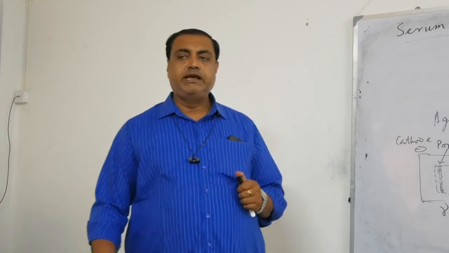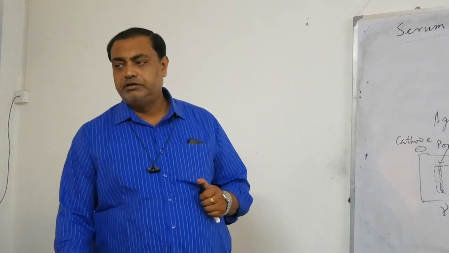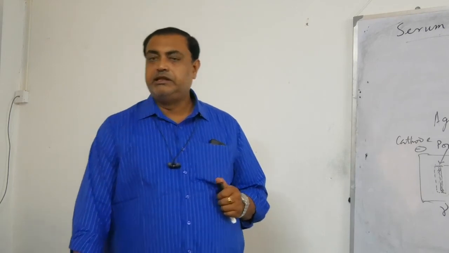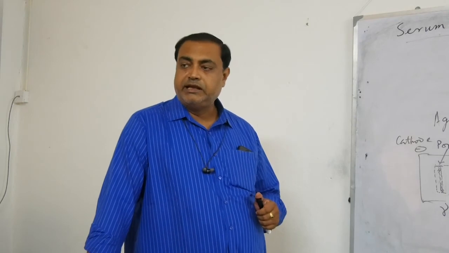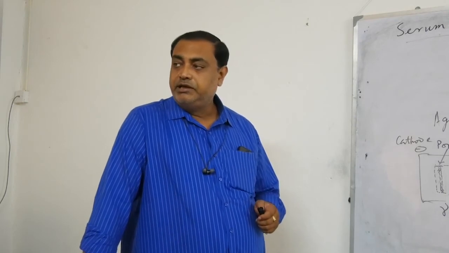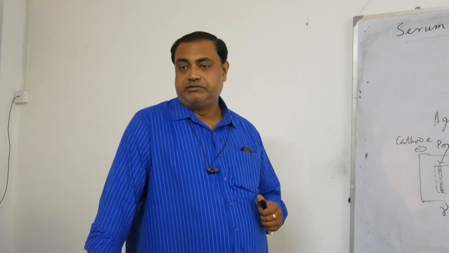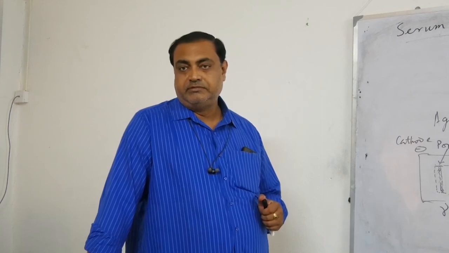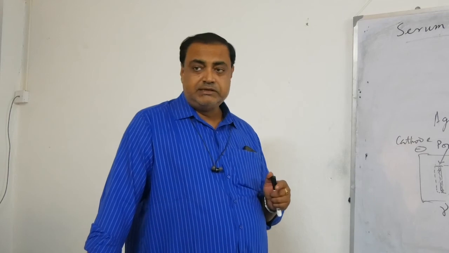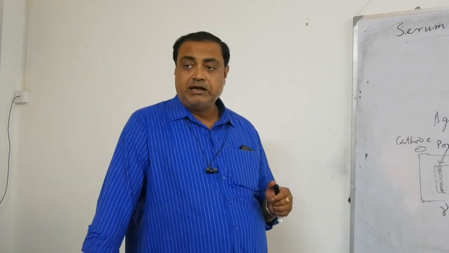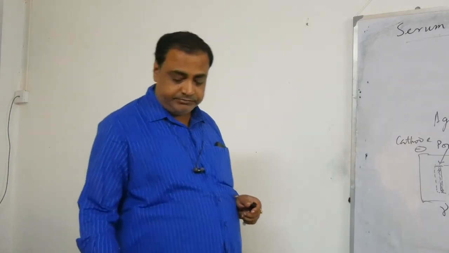Because by mistake, if you perform the electrophoresis with plasma, then also you will get an extra band between beta and gamma. In that case, it will be fibrinogen for a normal individual. But with serum, there is nothing in between beta and gamma unless the person is having